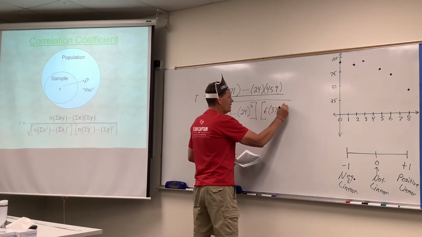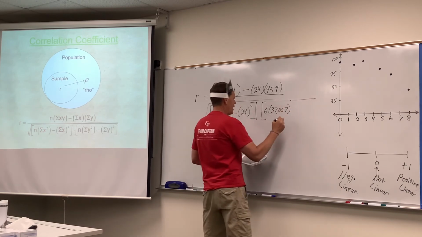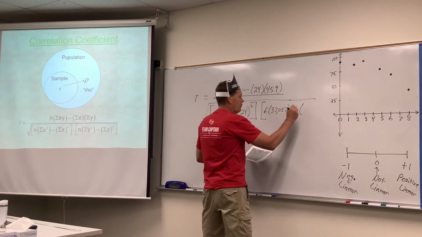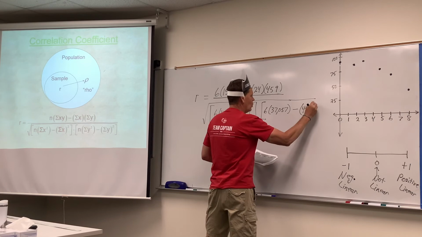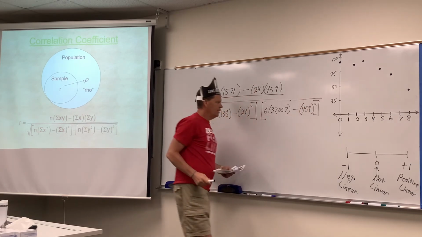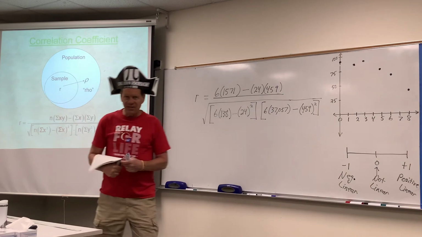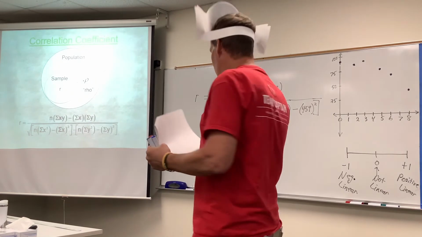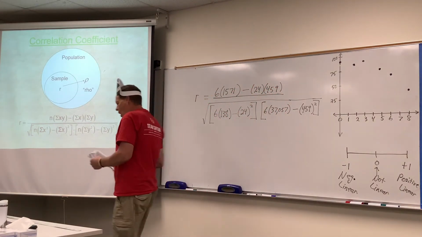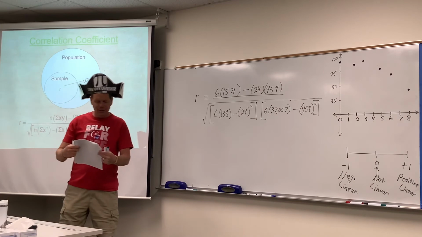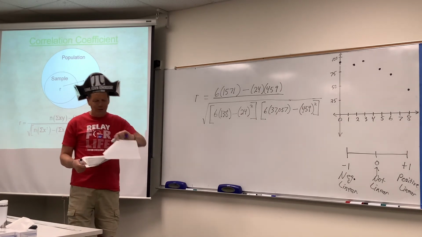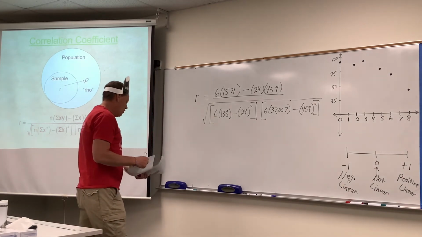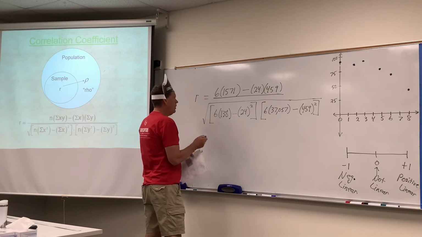You guys have done things like this before, back when we did standard deviations and things of that nature. And then the sum of the y, 459, parentheses squared. That's the end of the second bracket. So, again, this is all from that table that we built, that you have a copy of, that I had to erase to make room for this work. All right, now if you're going to crunch this out, and again, you know how I am now with the number crunching part of this, this would just be simply the order of operations. So you would hopefully agree that we would want to